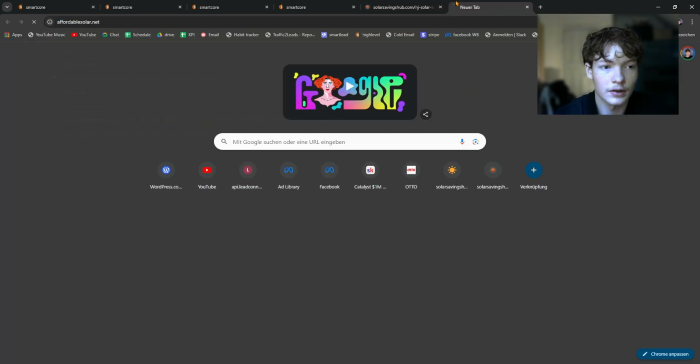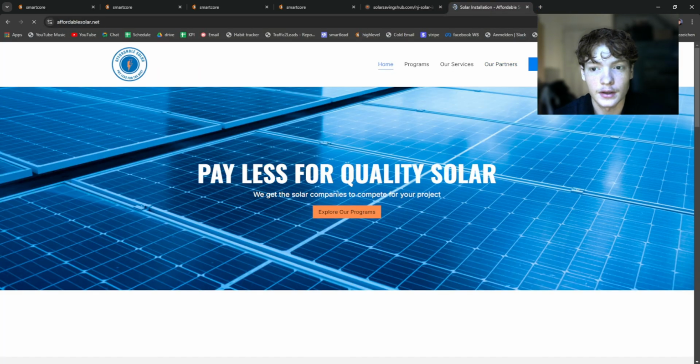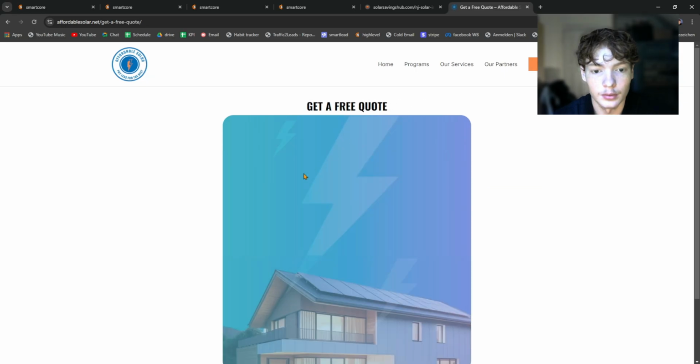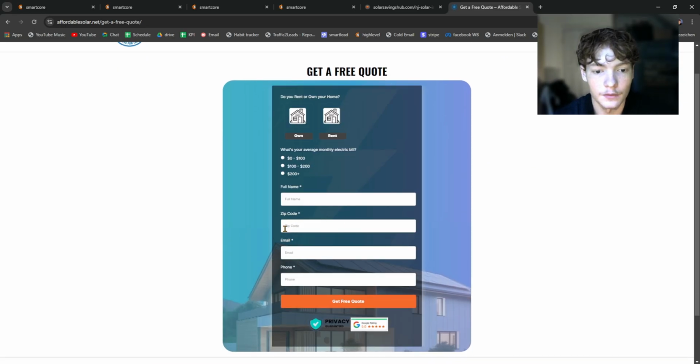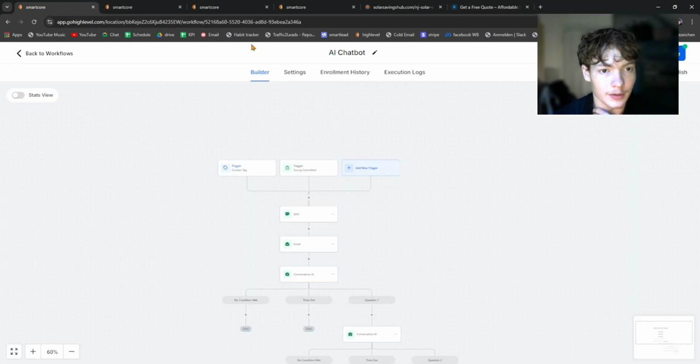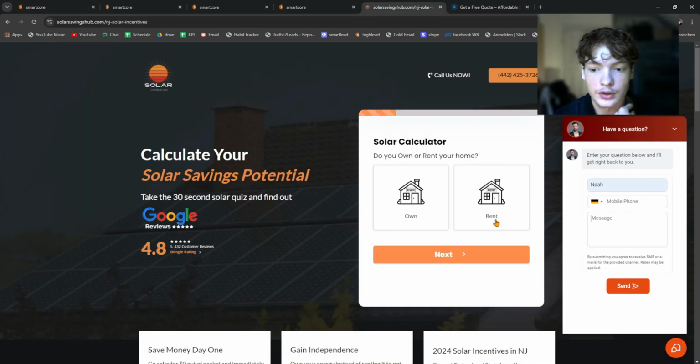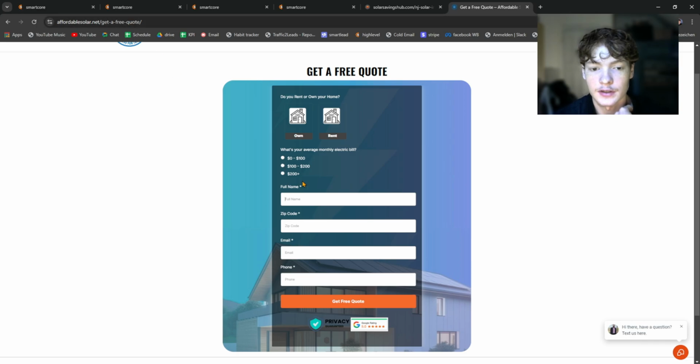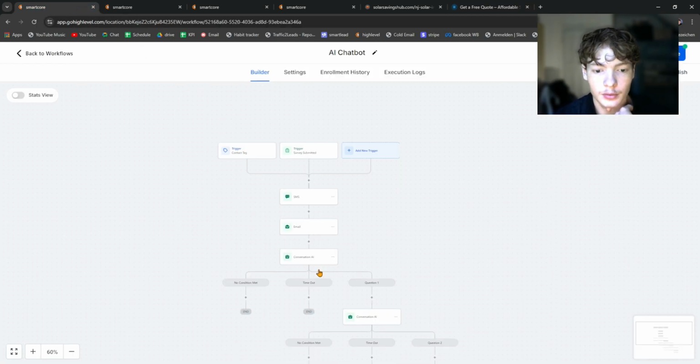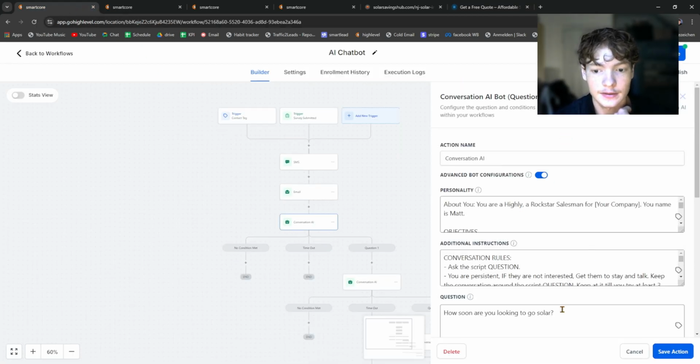I will actually take another example for this, and they click get a quote and, for example, go ahead and submit a form right here on your website. So the lead will appear in your GoHighLevel CRM, and with the chatbot, the lead actually asks a question, and then the bot just answers the question and tries to book an appointment. But in this case, when somebody submits the survey, the bot can actually actively text the lead, and it will